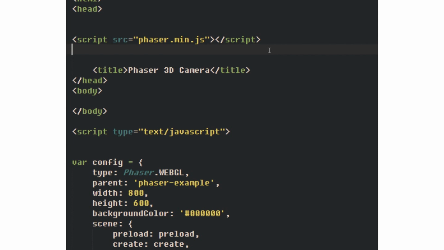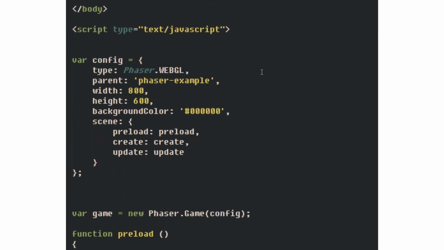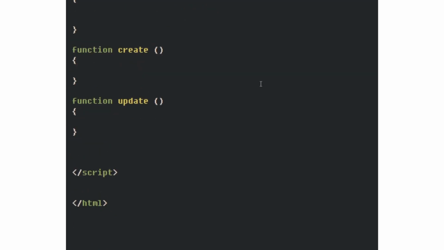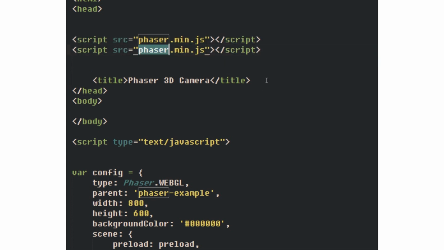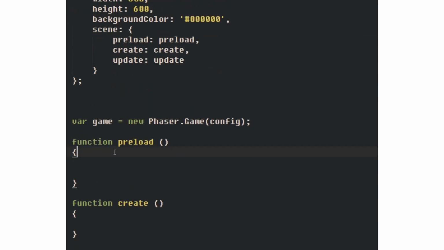What I have here is an index file which holds some boilerplate code which we'll use to get started on our Phaser project. The first thing we want to do is include the camera plugin. We'll do that just right below where we include our Phaser file. Do camera 3D. And there's one more thing that we have to do in order to initialize the plugin. So we go down in our preload function, and in here we have to do